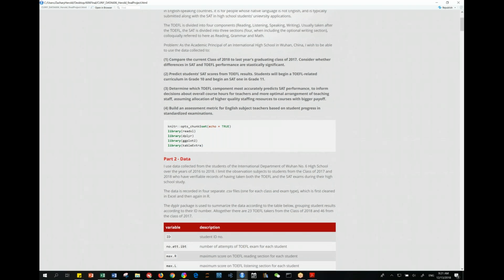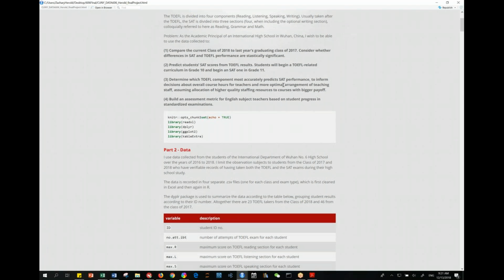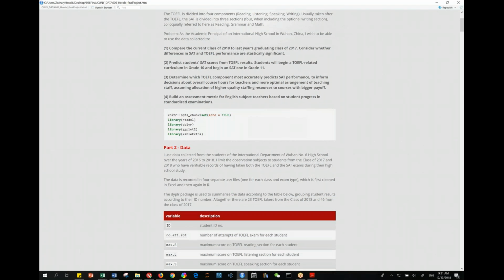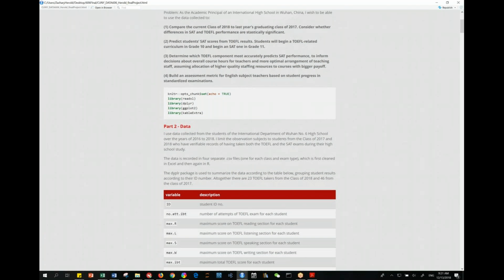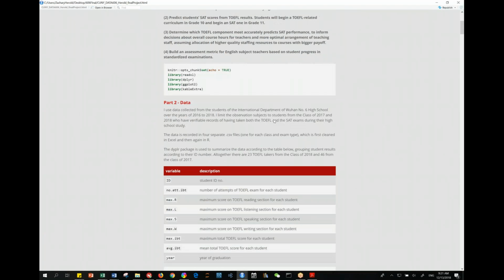And further, I wanted to look at the components of the TOEFL score, which are the 4 basic English skills, speaking, writing, reading, listening, and if any one of those components were a better predictor for overall SAT performance. And then also use this analysis to inform my own decision making at the school. And then possibly even using the model that I generated as a way of assessing teachers, using the standardized results as a